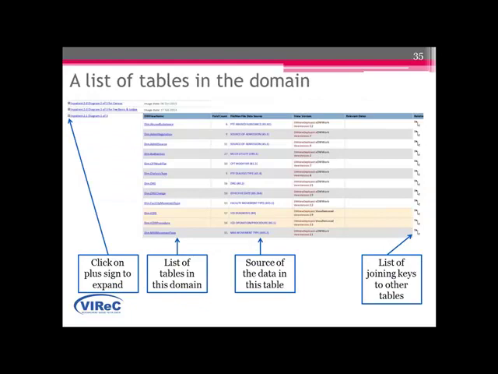So what if I had not chosen to look at that ER diagram, but instead had pressed the plus sign just to the left of the domain name? Well, that, as I've mentioned earlier, will open up a list of all the tables found in this domain. And so the very first column, you can see there the name of each of the tables or views that exist in this domain. And then my third column over is telling me which is the primary VISTA source associated